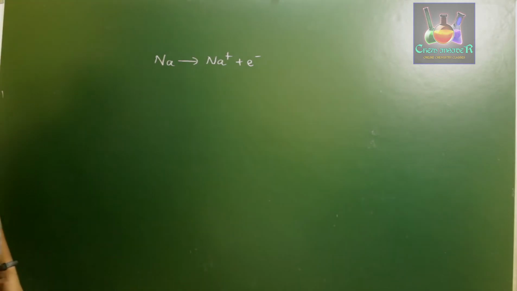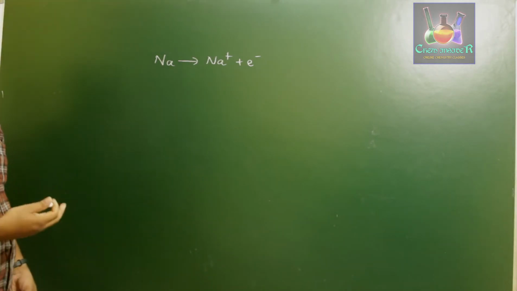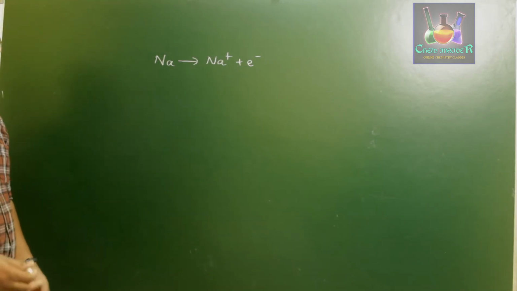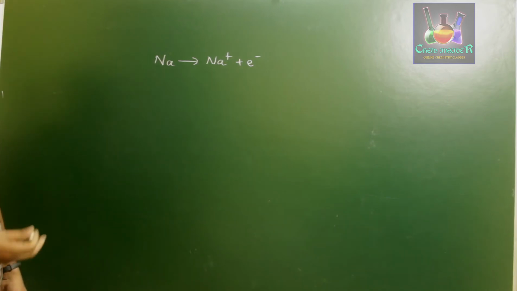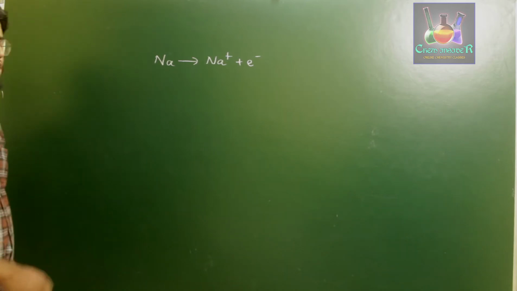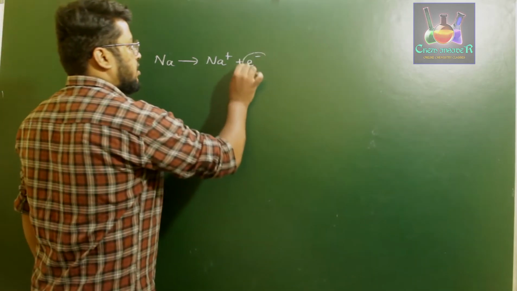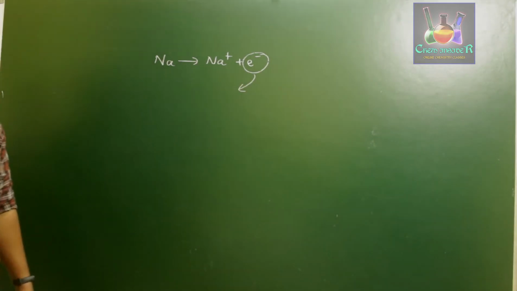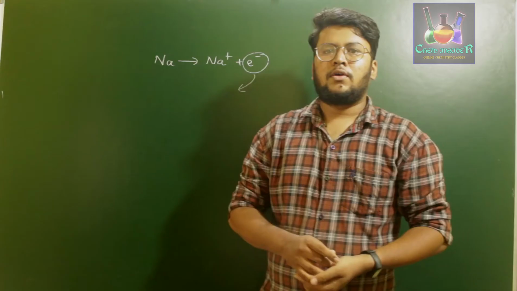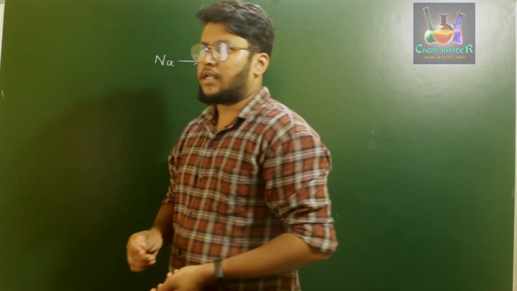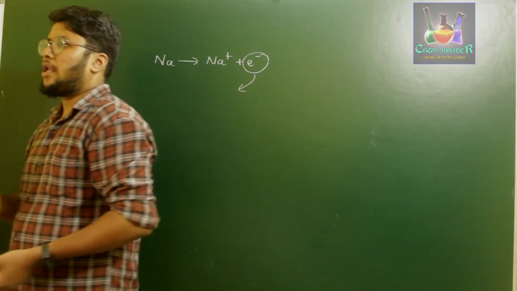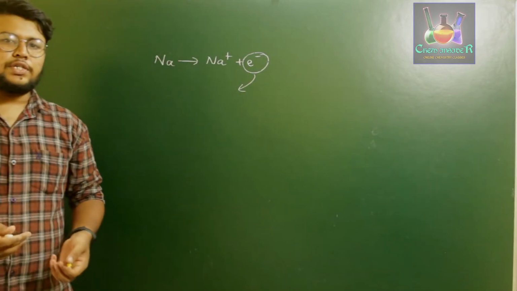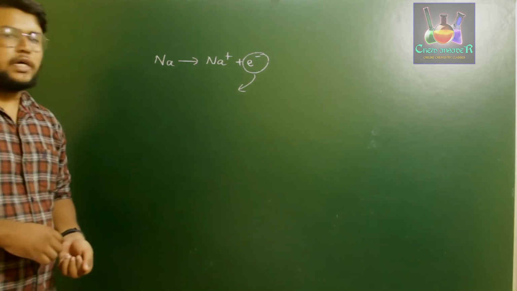So what is the use of removing an electron if we are not using it at all? What is the requirement of removing an electron from a nucleus if we are not using it? So in this case, we are using this electron and donating it to a nucleus which is ready to accept it. So now we are considering an isolated gaseous atom which is ready to take electrons added to it.